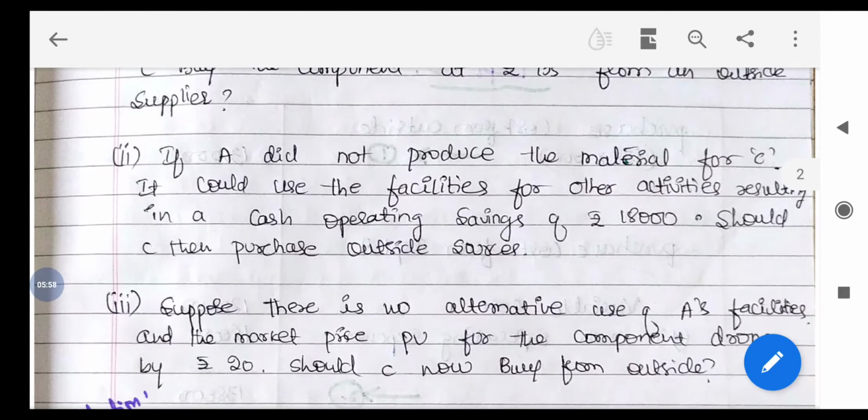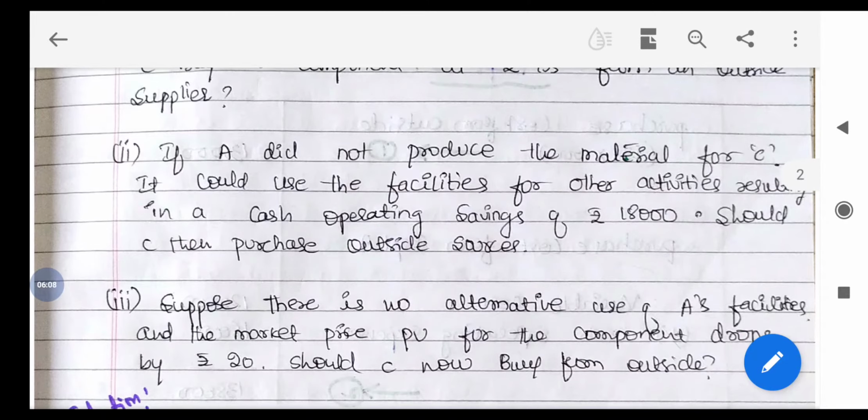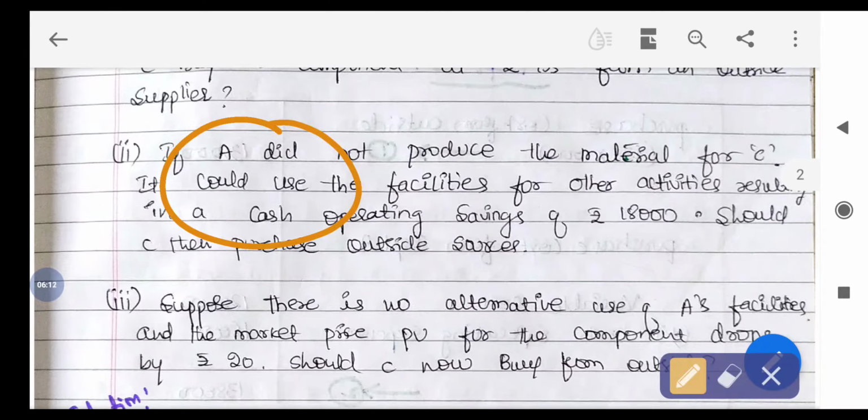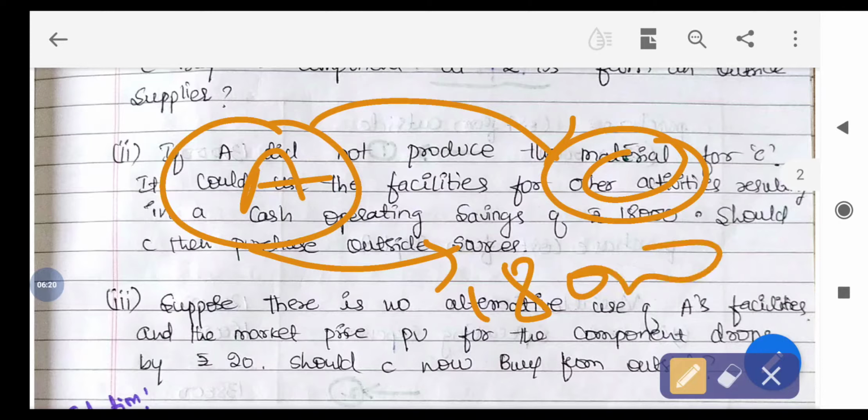Now, should C purchase from the outside sources? The third option is, suppose there is no alternative use. So whatever facilities A were using in producing for C, if there is an alternative, they are earning 18,000. If there is no alternative,